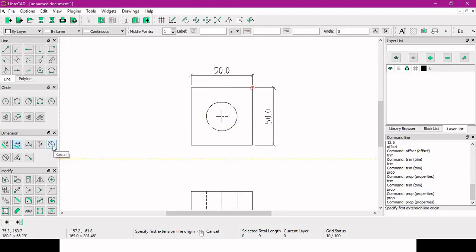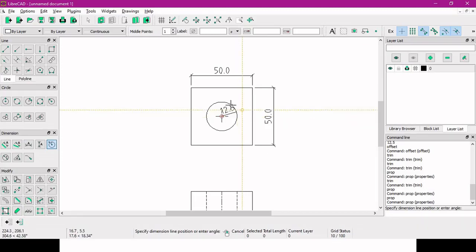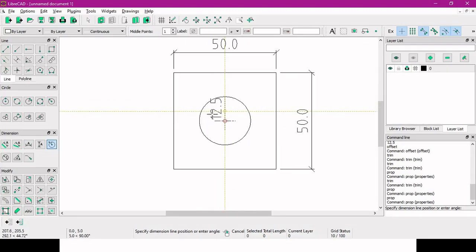Here you see it is radius. So it asks for the entity, so we'll select this circle and it will give us the diameter, radius of this circle, or simply we can use the diameter.